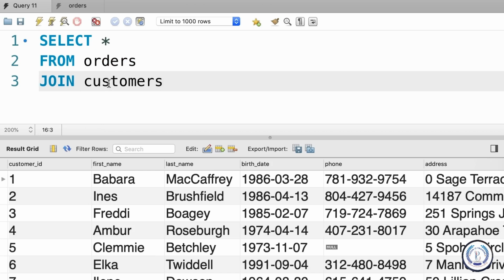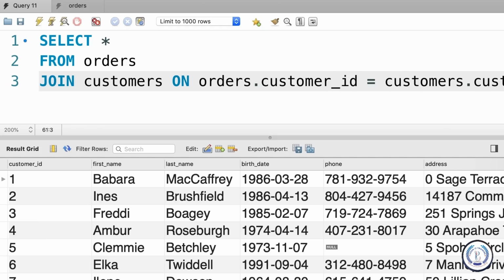Now, on what basis do we want to join these tables? Well, here in the customers table, we have this customer ID column. So if we put these two tables next to each other, we want to line up the records such that the customer IDs are equal. That is where we use the on phrase. So after on, we type out a condition. Here's the condition we need to type out. Orders.customer_id should be equal to